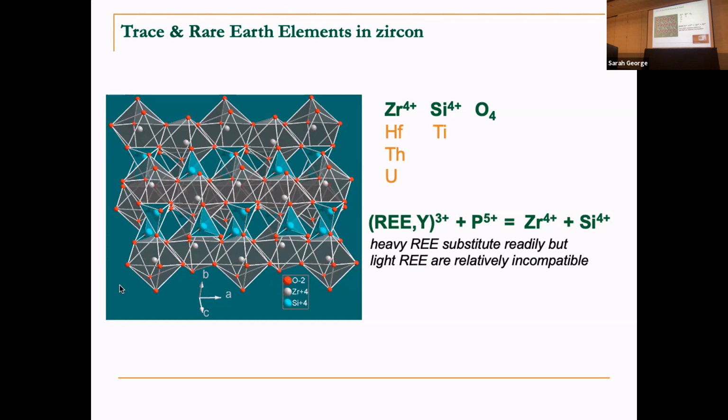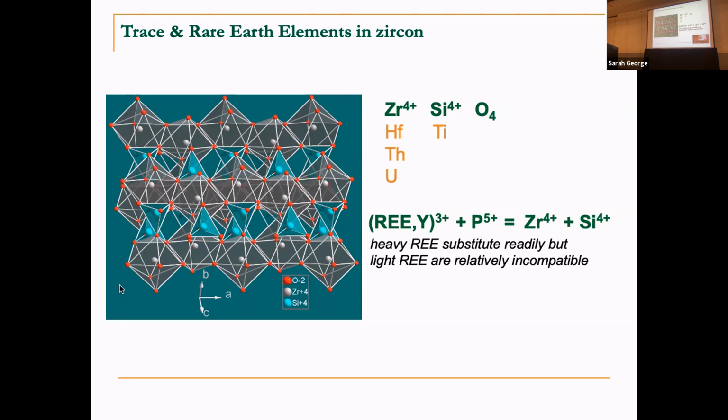All of the other trace and rare earth elements that we're talking about, most of the rare earth elements, exist in 3+ valence states. So does yttrium. The exceptions would be cerium and europium, which can also have other valence states. So if they want to get into the crystal lattice, they need to come in by a coupled substitution, which is usually accommodated with phosphorus. So 3+ plus 5+ equals 8+, which is the same as 4+ plus 4+. Okay, so